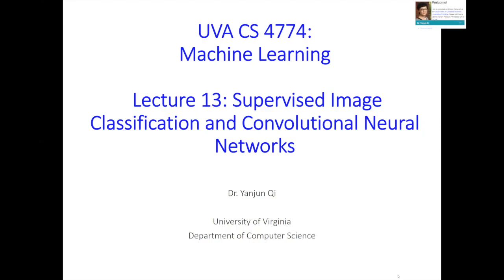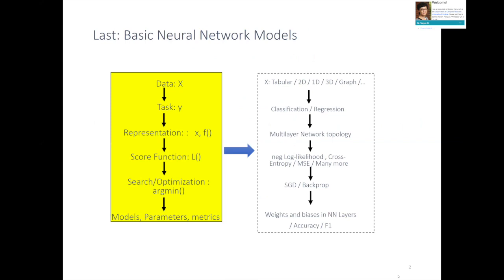Okay, so today we're in a very good session called supervised image classification with convolution neural nets. This is our lecture 13. So again, let's recap what we covered last week. We have covered the basic neural network models, and then we gave these 6 components for the classic neural network